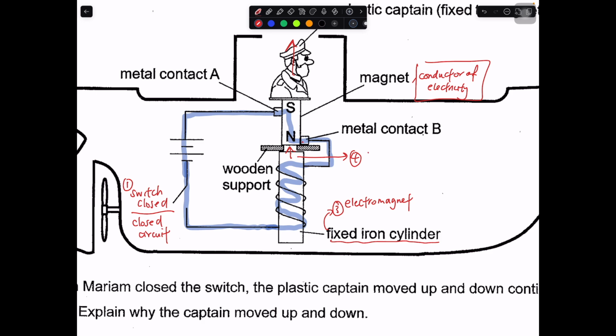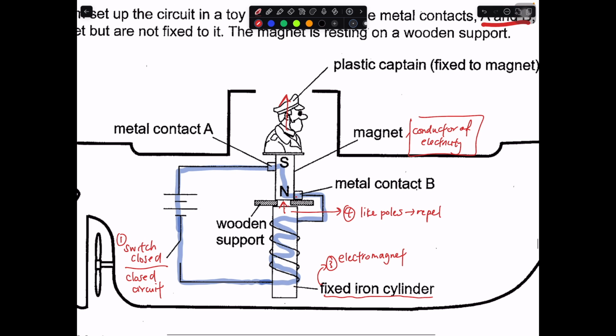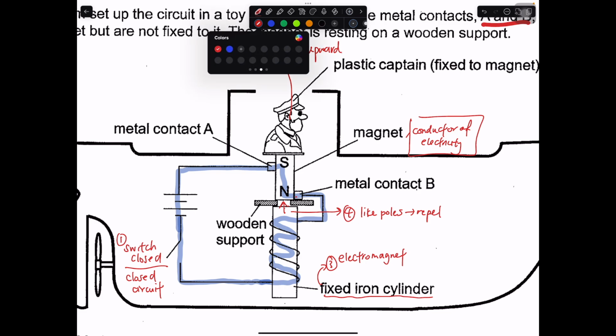Number 4, there are like poles. So then they repel. Okay, then the magnet will move upwards. The magnet with the captain will move upwards. So move upwards. Okay, so when this captain moves upwards, so let me show it to you. When this captain moves upwards,